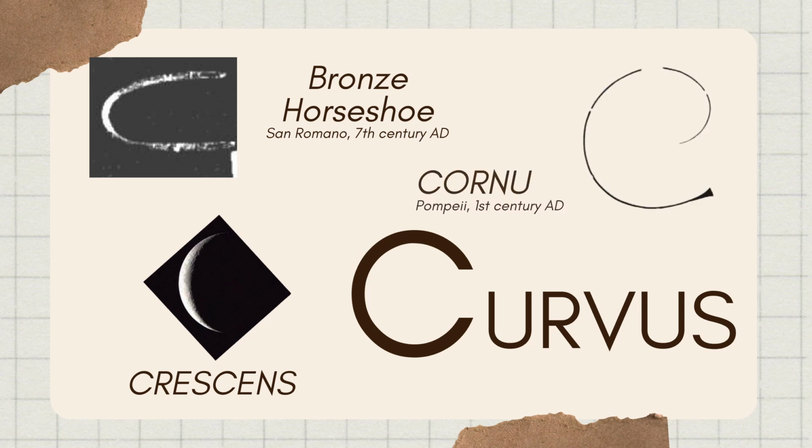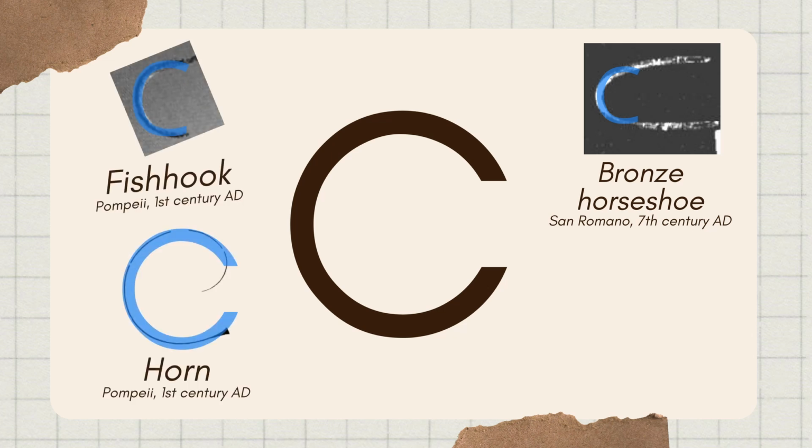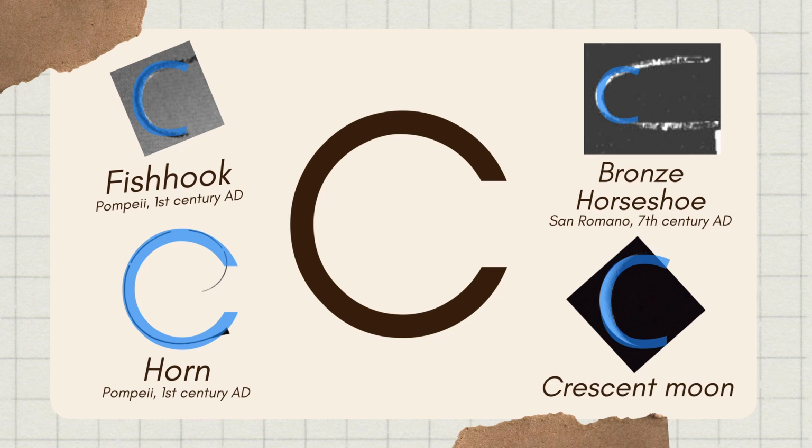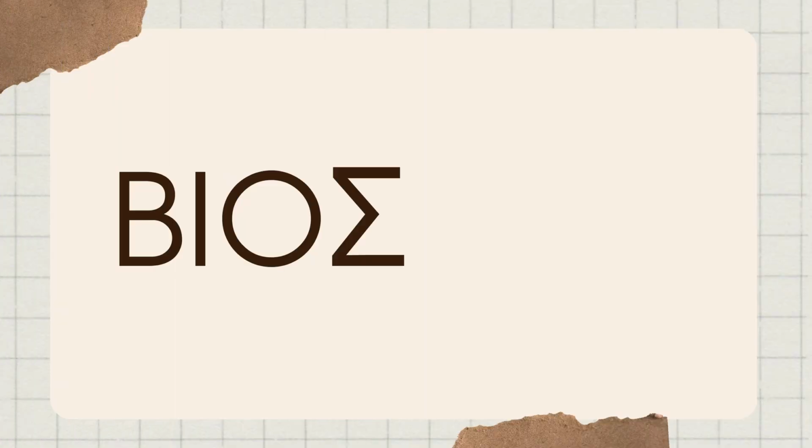One can also see it as a horn, or cornu, the beautiful musical instrument played in Pompeii, which took its name from the cow's horn from which it was made. Isn't this a way to pay homage to that metal-working civilization which gave birth to the horseshoe, the fishhook, and other objects forged on the blacksmith's anvil, as well as to music and the moon, the celestial body of the night? The letter B.